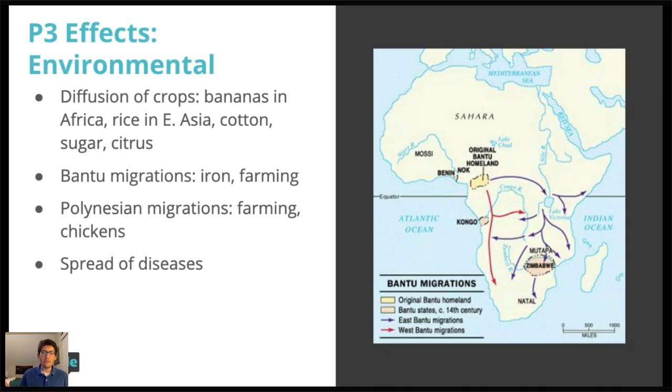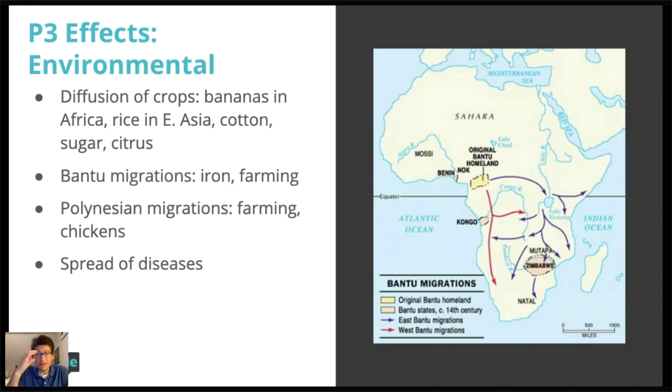and the Polynesian migrations in Southeast Asia into the Pacific, which spread agriculture, spread different animal groups. And the Bantu migrations, the Polynesian migrations, they are included in time period 3's key concepts. But I do want to emphasize that those migrations are over thousands of years across many different time periods. So time period 2, 3, maybe in some cases even as far back as time period 1, but we deal with them here in time period 3. So that's why I'm including them here.